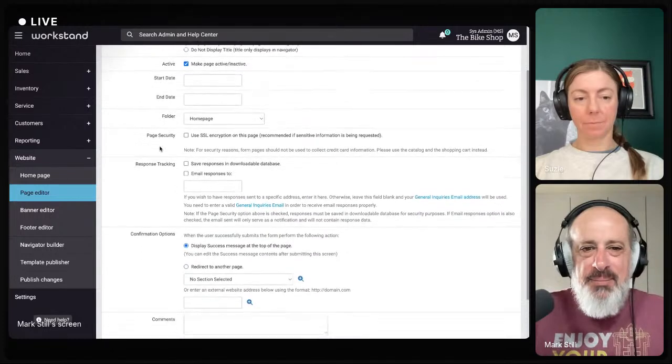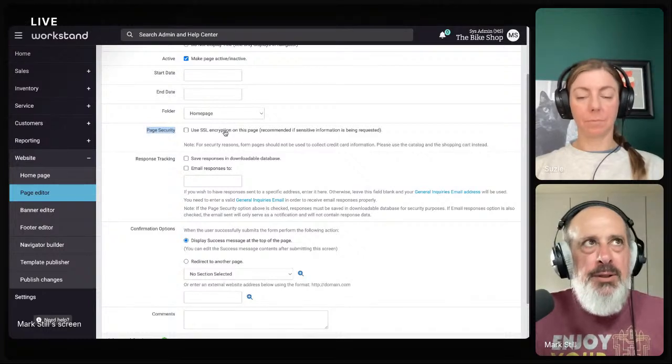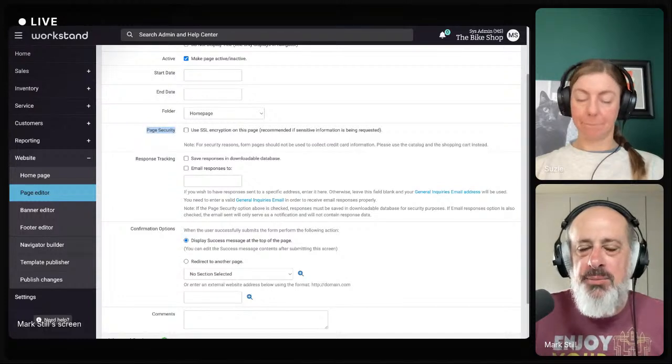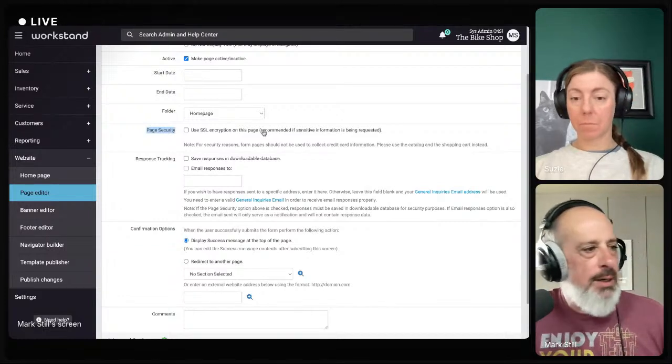You set those up with the... Oh, by the way, here's a good point. You can encrypt these pages. So if you don't want the information going back and forth to be as easily accessible by nefarious individuals, you can encrypt that. But please don't put credit card information in